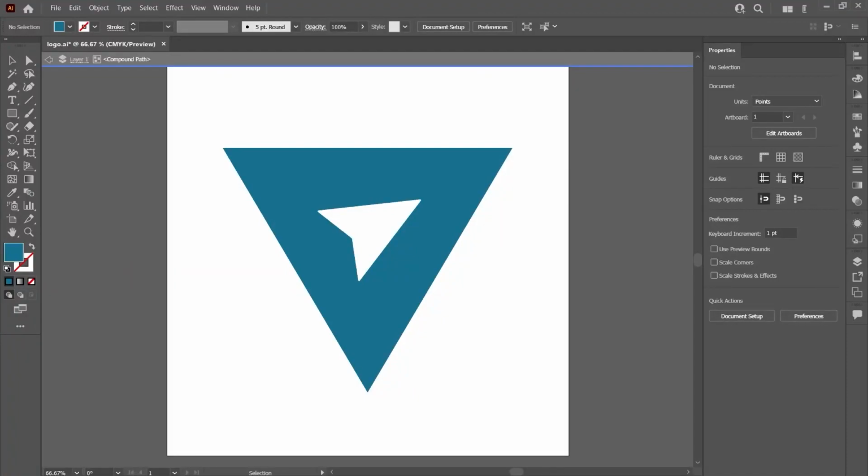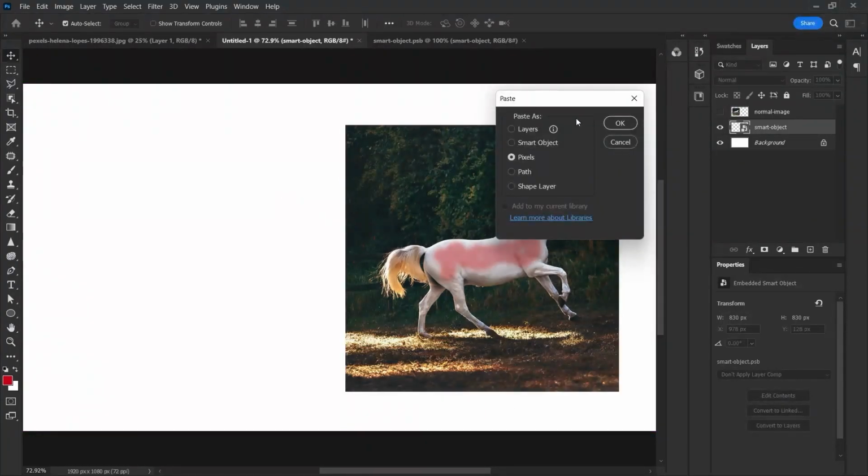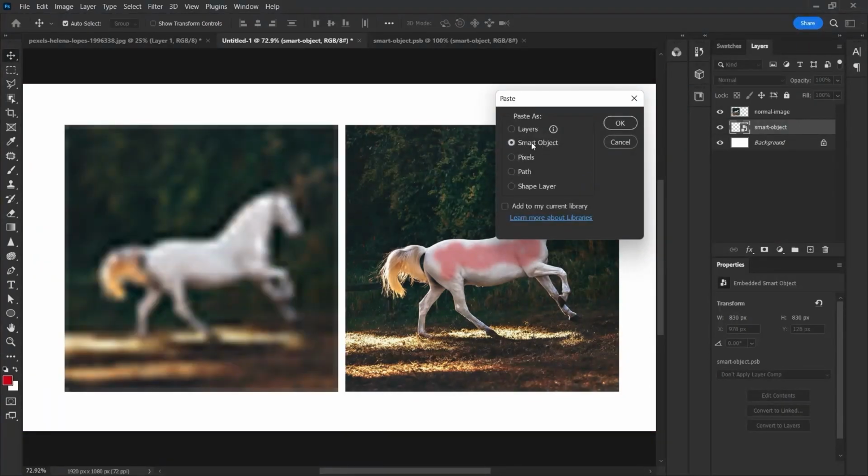The relationship of smart objects with other programs is also important. Again, as an assumption, let's say you copied a vector icon from Illustrator. And when you paste the icon we copied from Illustrator into Photoshop with Ctrl V, it will give you some options. One of them is the Smart Object option. If you choose the Pixel option at this point, you may encounter a problem like the one on the left